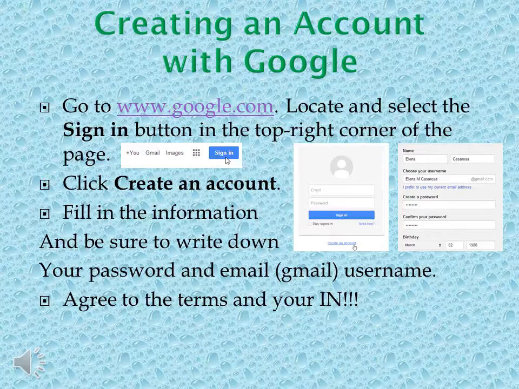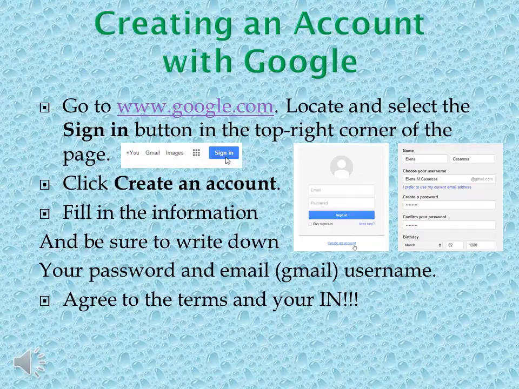Here is also where you're going to be creating that password, and the email or Gmail, they're the same thing, just one's through Google. You're going to want to write down that password and that email. That way later on, when you want to log into your account, it's accessible, and you're not concerned about what it is. You definitely want to review all of the terms of service and privacy policy. You're going to click the checkbox and then click Next for the steps.